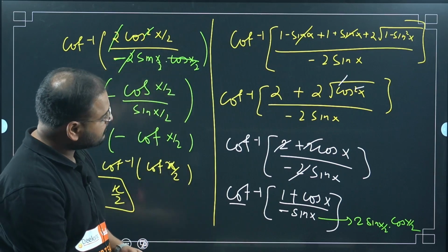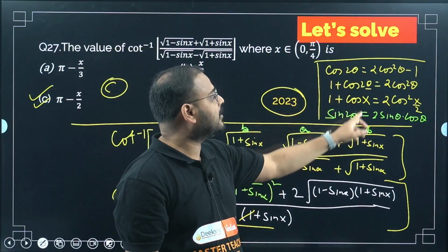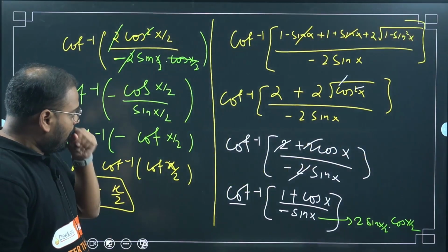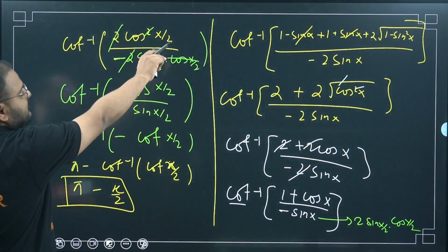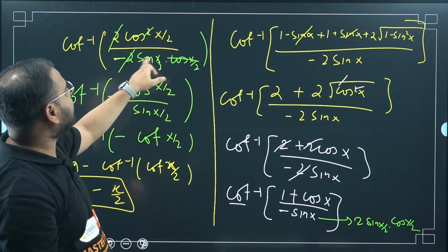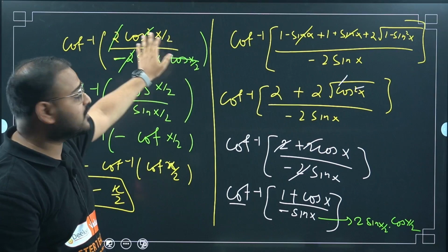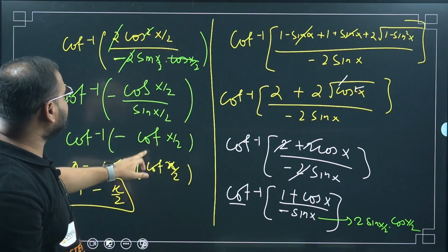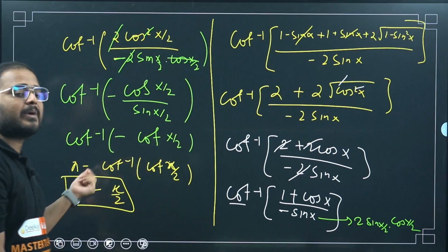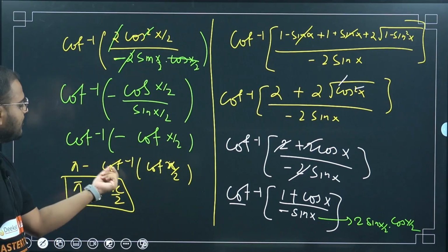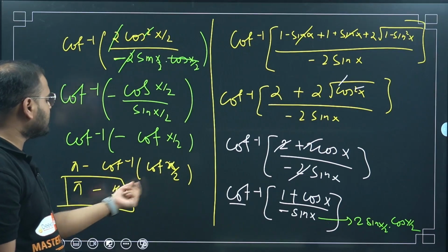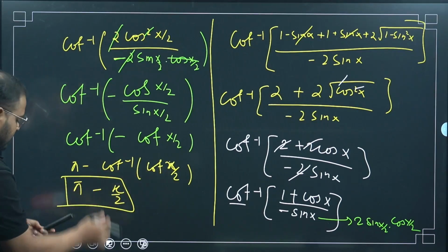I use the formula over here, cos 2 theta and sin 2 theta. I took 2 theta as x. So it becomes what? Theta becomes x by 2. So 2 cos square x by 2. 2 will cancel each other. Same way sin x by 2, cos x by 2. Cos will cancel each other. I have cos by sin as cot. So cot inverse of minus cot is nothing but pi minus cot. So pi minus cot will become cot inverse of cot x by 2. Cot inverse and cot will cancel each other's operations. I get x by 2. Pi minus x by 2 is my answer.